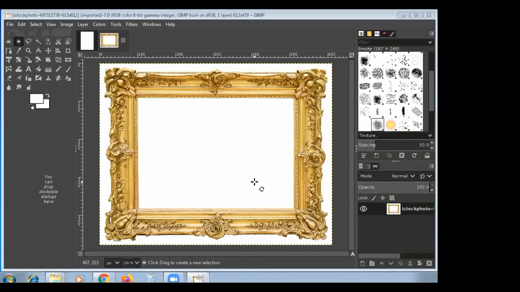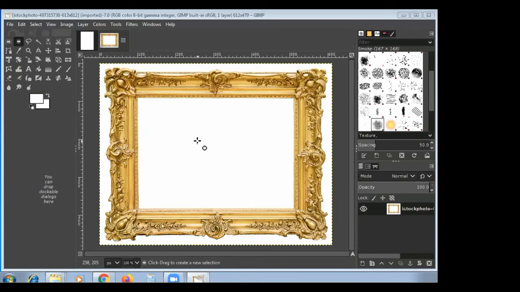So now, creating a layer. See here. Select a layer above which you want to add a new layer.